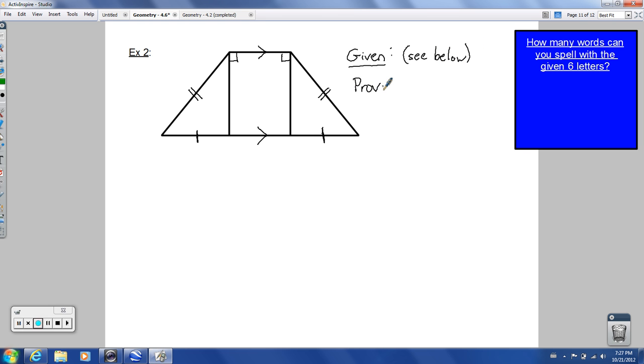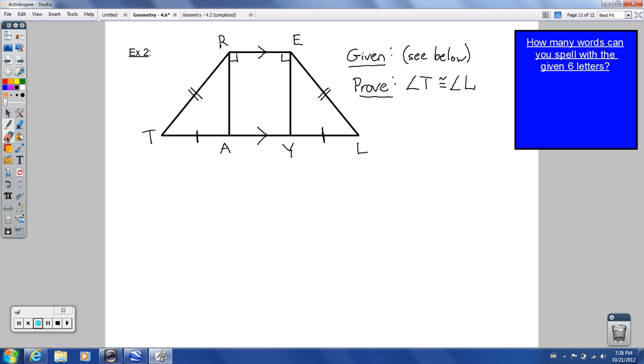And what do I want you to prove? Well, I haven't given any labels to the vertices here. So this is what I got here: T, A, R. Let's say this is E, this is Y, and this is L. Alright, so we've got our 6 letters here, and I want you to try to prove that angle T is congruent to angle L. So let's make our